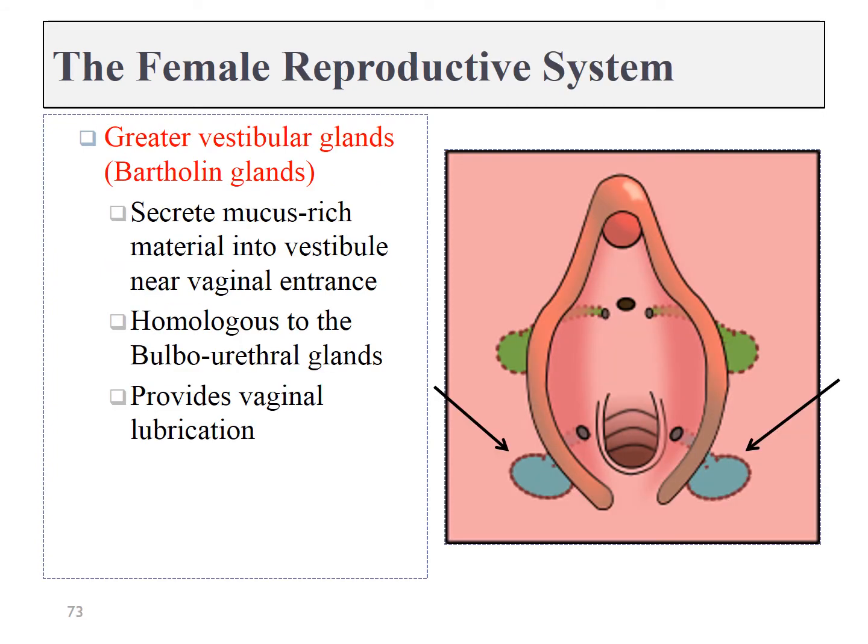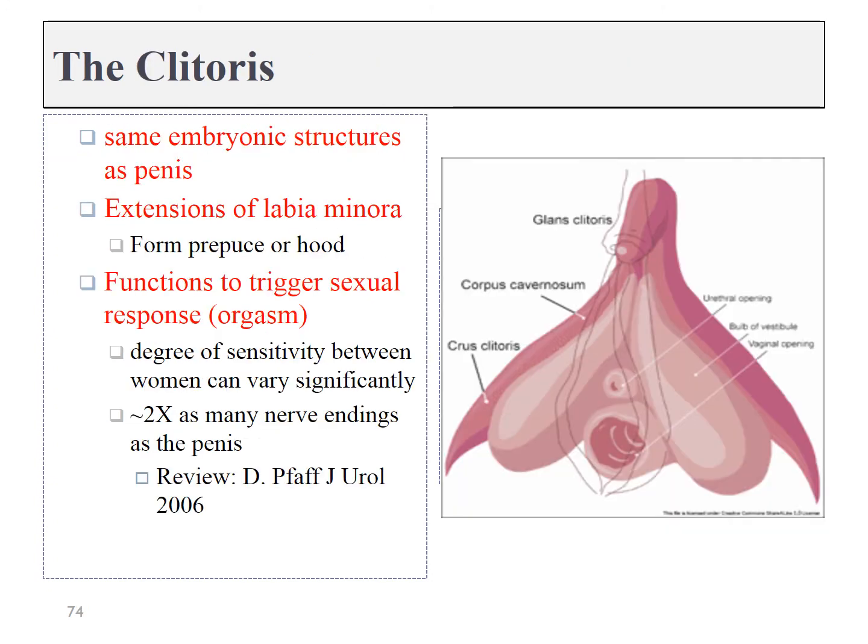Another pair of glands exist off to the sides of the vaginal orifice, and these are called the greater vestibular glands. And they are homologs to the bulbourethral glands found in males. And just like in the male reproductive system, they produce a mucus-rich material which helps to lubricate the reproductive tract during sexual intercourse. Shown here is a diagram of the clitoris, which, as we will learn in the next chapter,